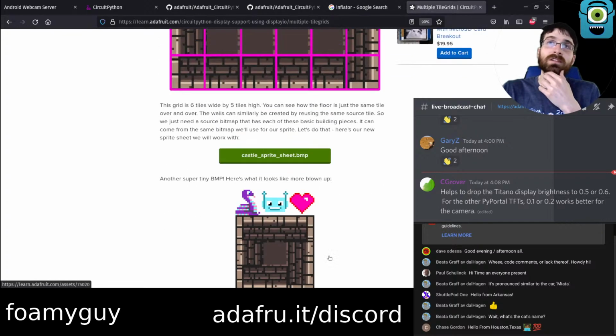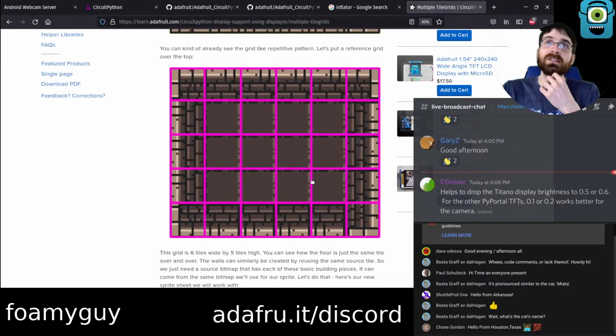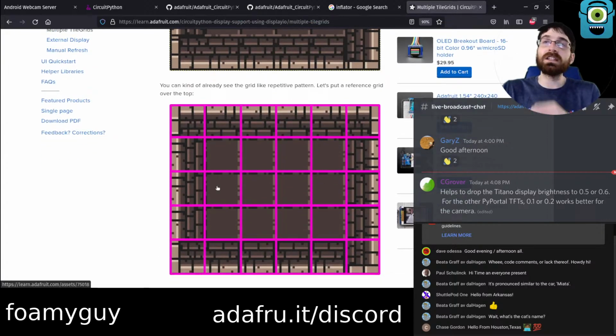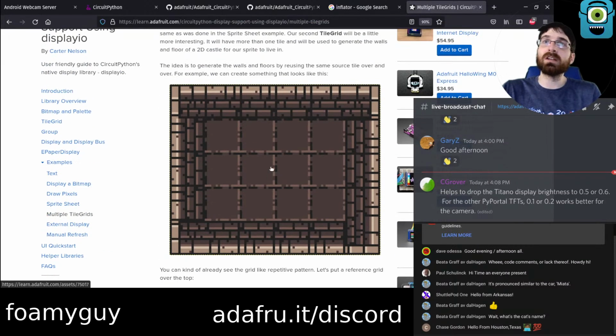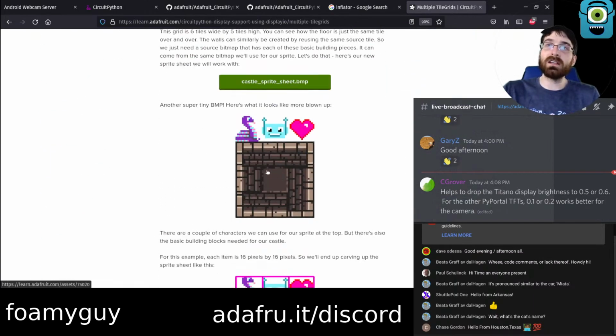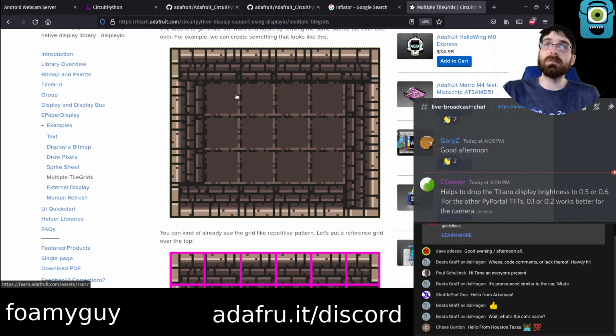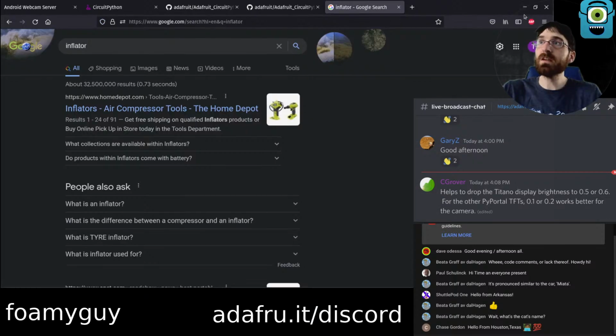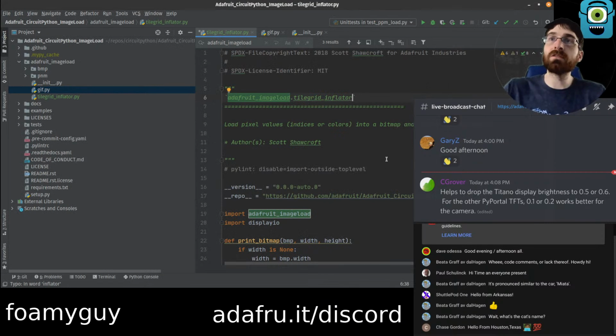And what the inflator does is it takes a sprite sheet like this, and it inflates it. It blows it up into a bigger grid like this, where the center rows and columns get repeated as many times as they need to be in order to make a target size. So that's what the inflator code does, is take a 3x3 sprite sheet and then blow it up into a bigger grid for us. So that's what this particular thing does.